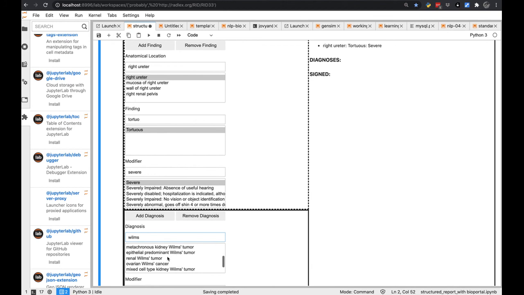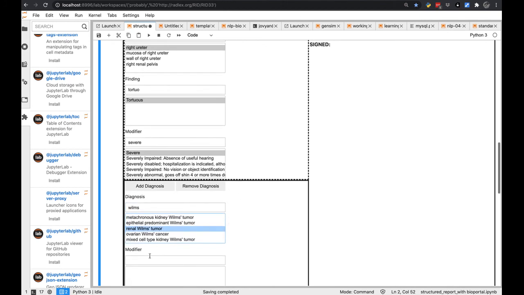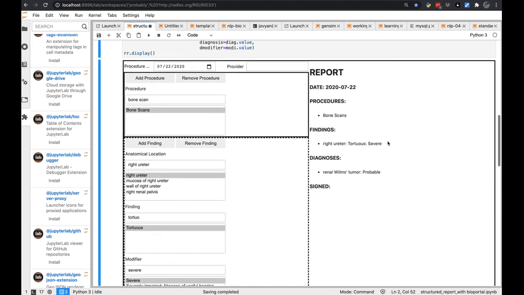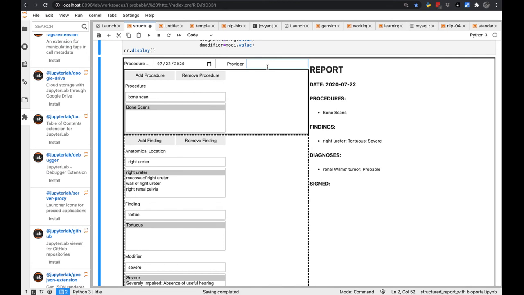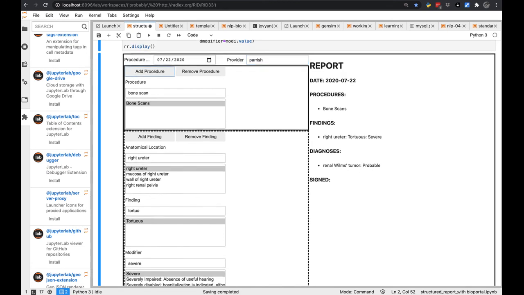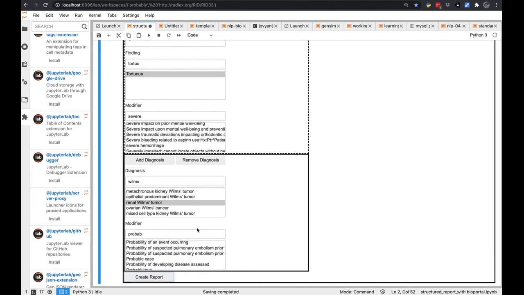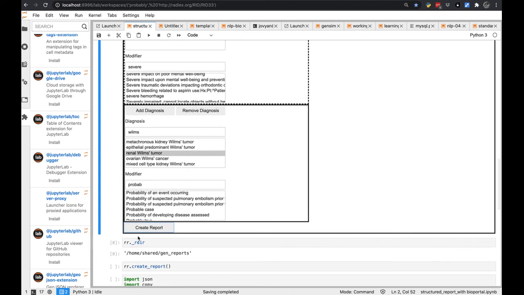And then I'm going to say a renal Wilms tumor. And then I have to have, I'm going to say probably, or probable, either way. And so I'm going to add the diagnosis. If I add a provider, Parish, and then I go and create the report, it'll write out a JSON file with those things that I found